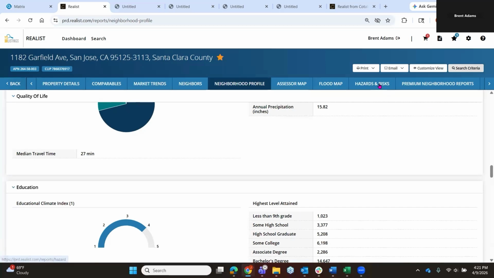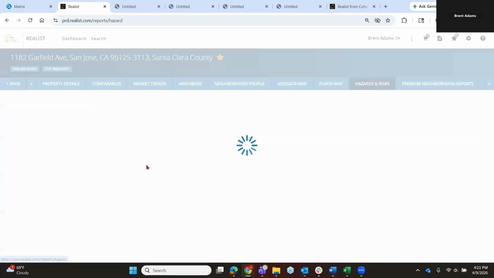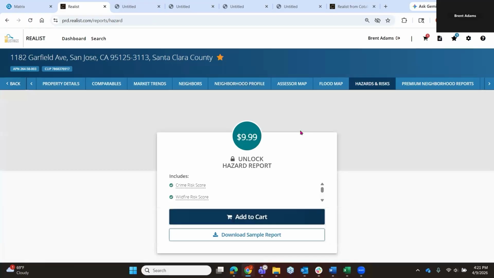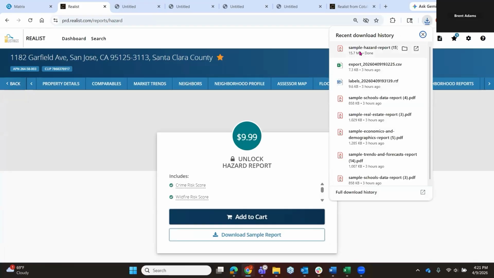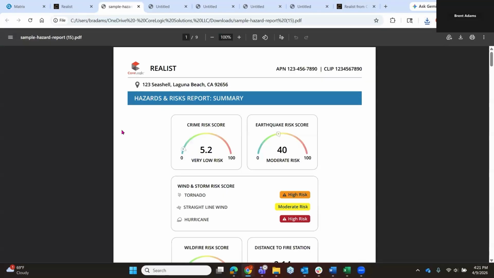Now, we've got lots of information on hazards and risks. That's a report I always recommend people take a look at. I don't know if it's necessarily too tied into marketing at the moment. I mean, you may have some people who have needs for insurance. I can download a sample version of this report and show you what it looks like. And what you'll see, for example, and this is just a sample report, not one for this particular property,